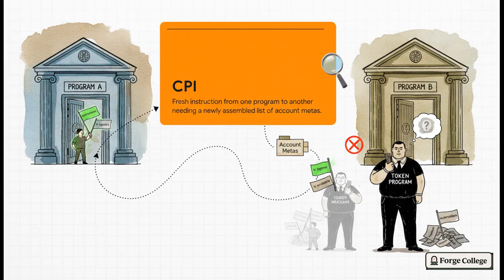But here's the catch. The bouncer at the second door has zero memory of your wristbands from the first door. They do not care that you were just inside. When you do a CPI, you must explicitly forward the is-signer and is-writable flags again in a newly assembled list of account metas. If you forget to pass that signer flag along, the token program will flat out reject your